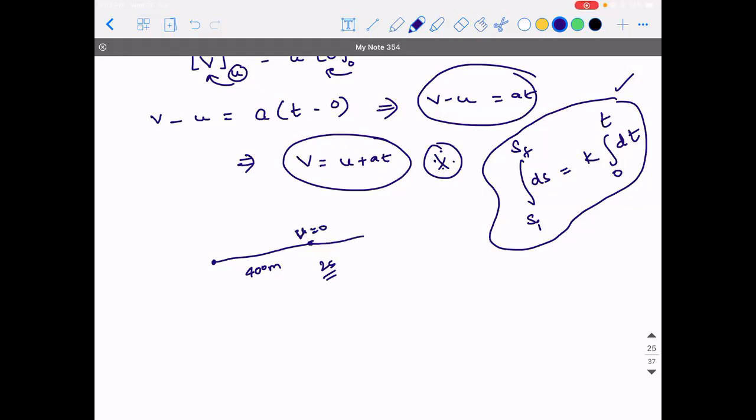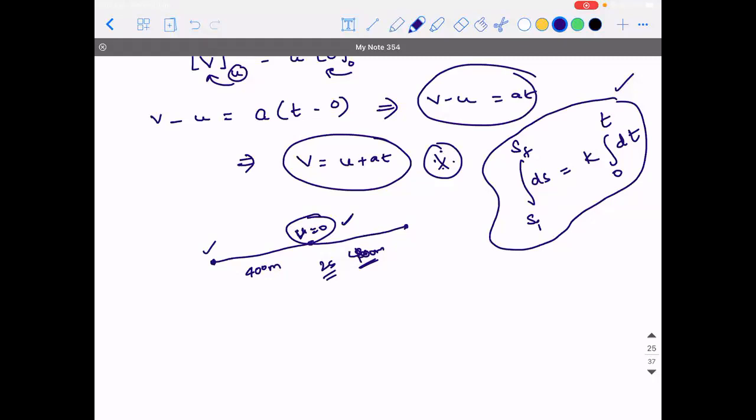If the person is again starting to run for another 400 meters, here the person is starting from rest. Does that mean it is the initial velocity? Yes, sir, it is the initial velocity of the second journey. Actually, his journey started here itself. I just wanted to clear that misconception: rest doesn't mean initial velocity is 0. Rest is not considered the initial status. Rest can happen in between the journey also. That is what I'm trying to say.